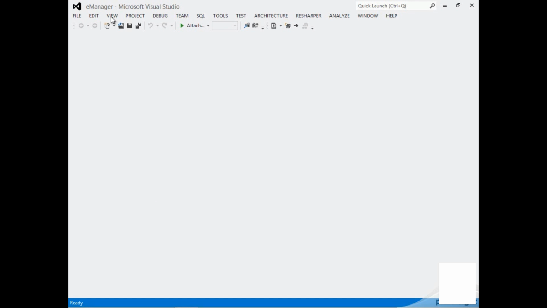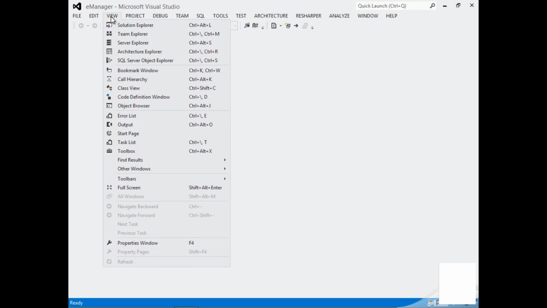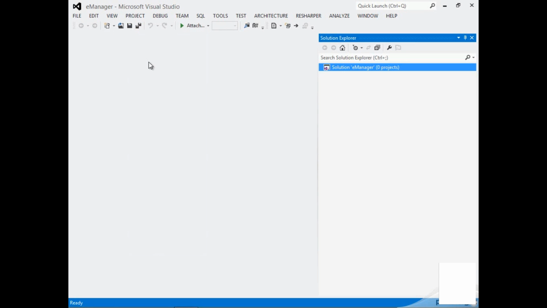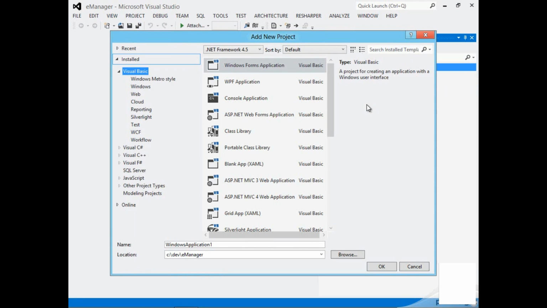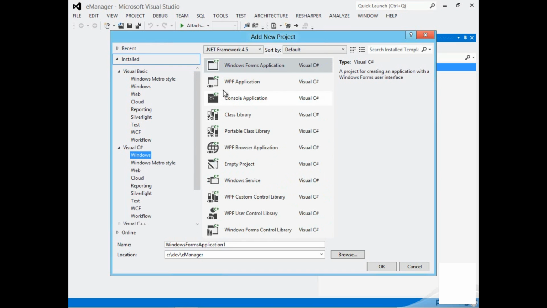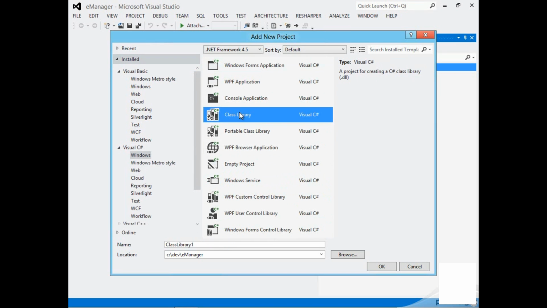And now if I open the Solution Explorer window, I have a solution, there's no projects inside yet. Instead of starting with an ASP.NET MVC project, let's get started with a project that represents the entities and the business objects that I care about. So I will put those inside of a Windows class library, which produces a DLL which you can reference from other projects. And I'll call this